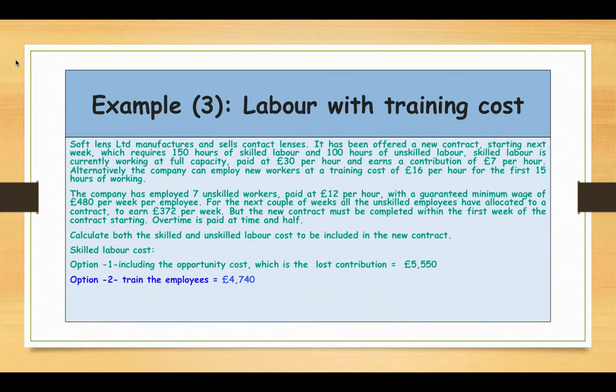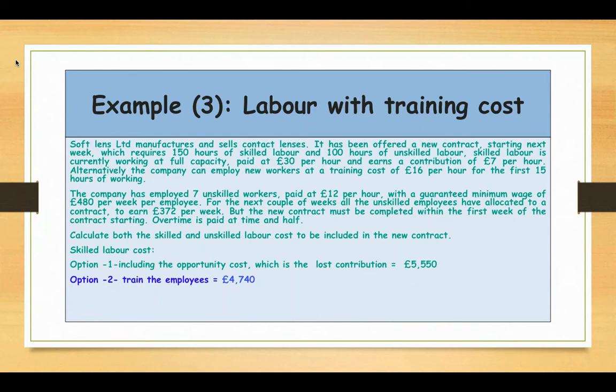Now, if you look at the second option, train the employees. On top of the usual pay, which is 150 hours times 30, they have to pay a training cost of £16 per hour for 15 hours. So 150 times 30, which is 4,500, plus 15 hours times £16 per hour, which is 240. So £4,500 plus the 240, the total cost is